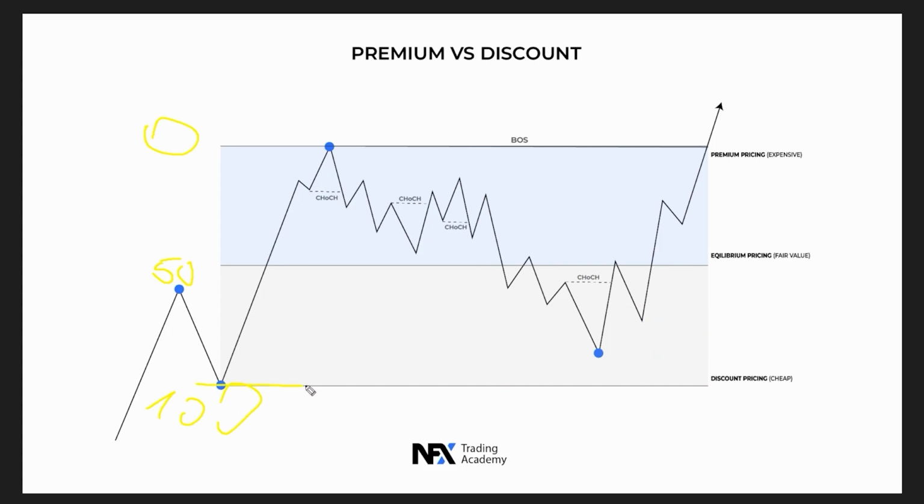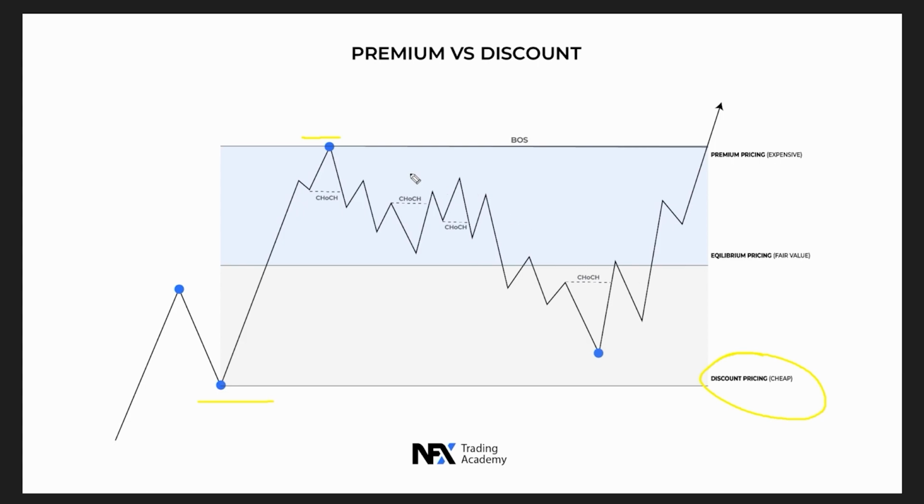So once we have the new break of structure in the market, once we have the higher high confirmed, we have the higher low right here, and the pullback phase begins, we can draw the tool from down here all the way to up here. And now we're gonna have the premium pricing, which is expensive for buys. We do not want to buy here because we are near the highs, so buys here do not really make sense. What we want to wait for is for price to return into the discount pricing, which is basically the cheap pricing where we want to take buys from.